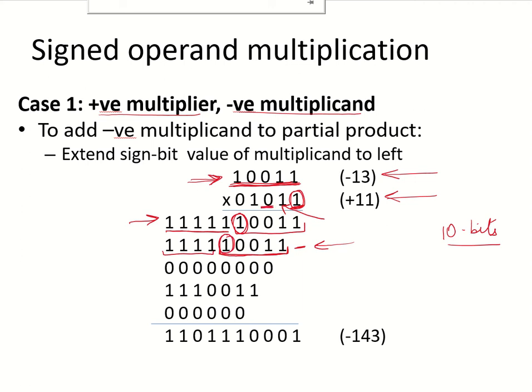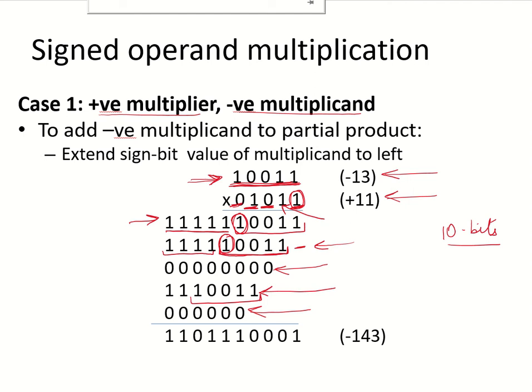Checking the next bit of the multiplier, we see that it is a 0. So there will be no addition of the multiplicand in this case. Again the next bit of the multiplier is 1. So again a shifted version of the multiplicand has been added as a partial product. The last bit of this multiplier is 0. So again no addition of the multiplicand is done.